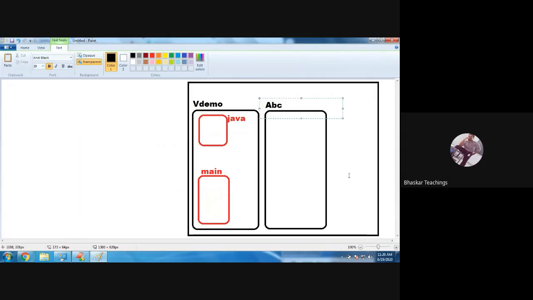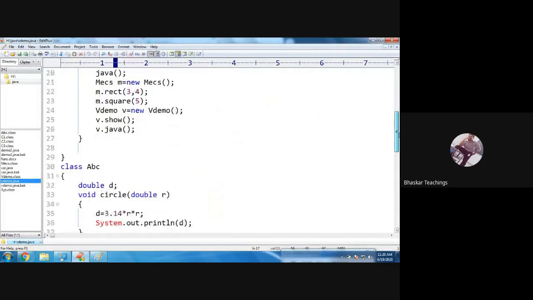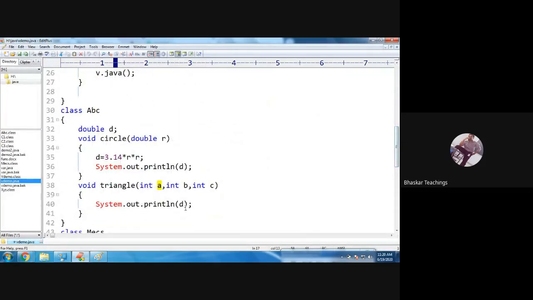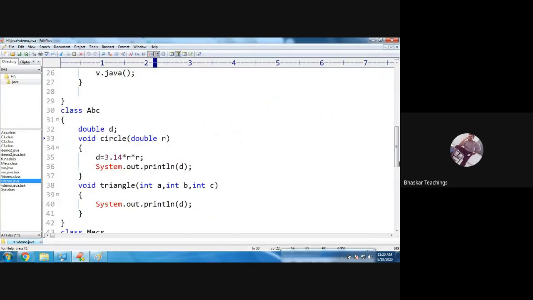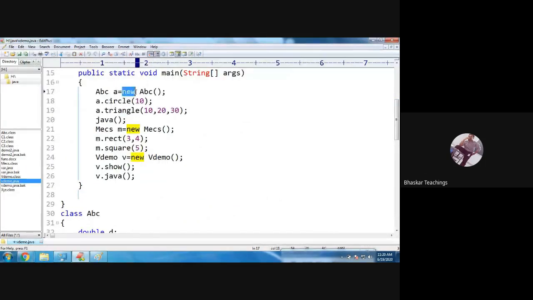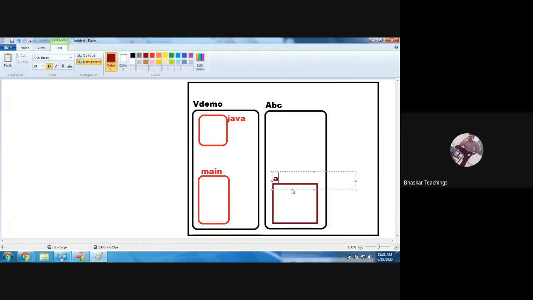Fine. So now, after the ABC class area is created, the static members will be loaded. Is there any static member in the class ABC? No. All the 3 are instance members only. So no static member will be loaded. Fine. Next, the object is created, the new keyword is encountered. So now the instance members. Inside the object, let me create an object area here. Assume this is the object area, and the object name is A, right? Fine. So this is A.